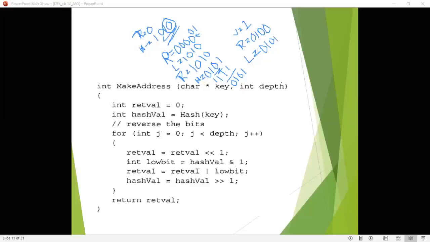Next, the return value is return value OR the low bit. See, these two you have to perform the OR. How much will it be? It is 0 0 0 1. Okay.